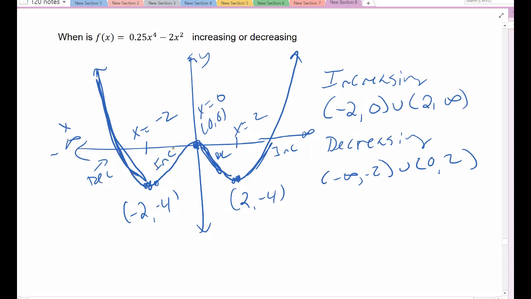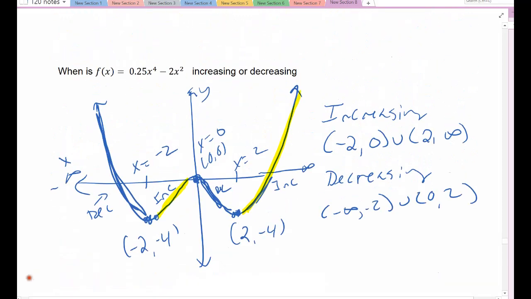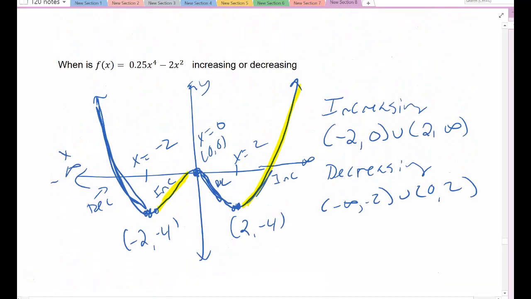Decreasing, increasing. Alright, so there's two places. The blue spots, it's decreasing, the yellow spots, it's increasing. And it always goes for the x values. Over what x values am I increasing, over what x values am I decreasing? Always use interval notation, and remember, at the turning points, it's stopped. So don't include those. Use parentheses. It stopped at 2, it stopped at 0, and it stopped at -2. Meaning the slopes at those points are 0, neither increasing nor decreasing, because it's switching directions. Alright, we will stop there with this particular video on increasing and